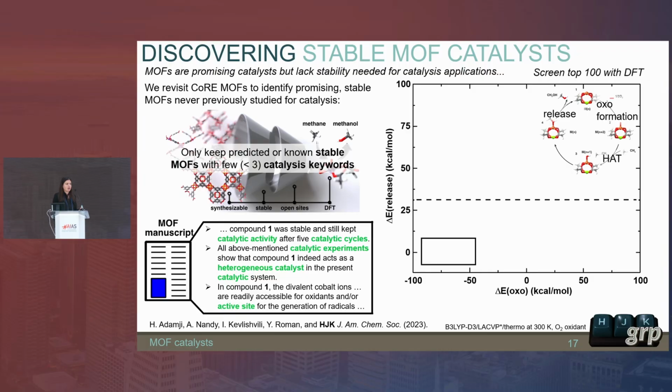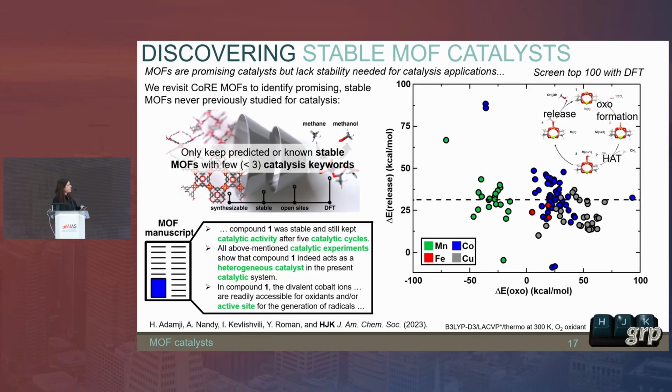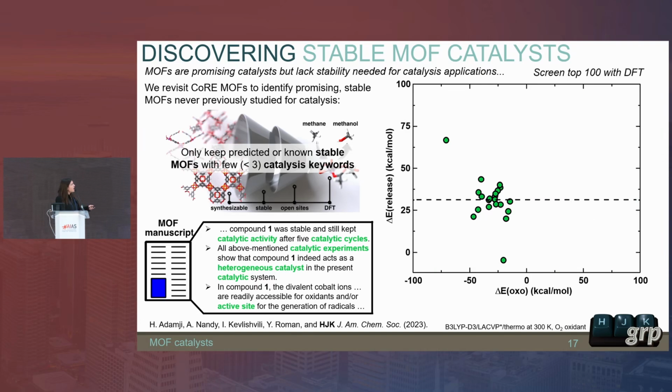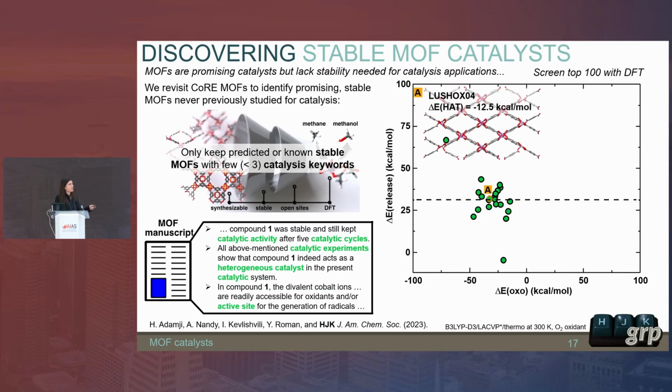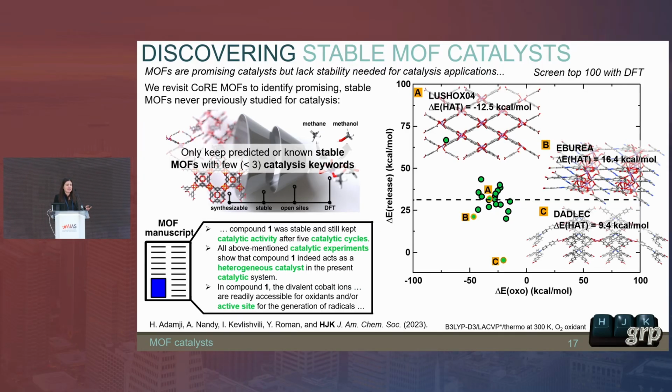We then screened these with DFT, and we screened them for a reaction known as the direct formation of methanol from methane. And the reason that we wanted to study this is this is a holy grail reaction for gas to liquid fuels. And the thing that surprised us was that all of the best MOFs that came out of the screen were manganese-containing MOFs. So if you look into the literature in the community, those who have been studying MOFs for catalysis have only really been studying iron-containing MOFs because nature uses iron. But we were pretty surprised that the energetics we were getting out of all of our manganese MOFs were easily as good as what was out there in the literature for iron MOFs.